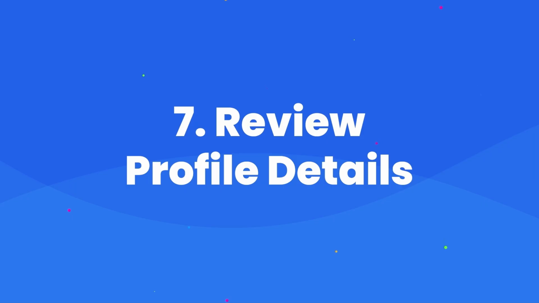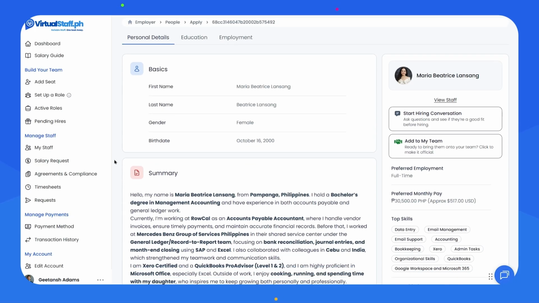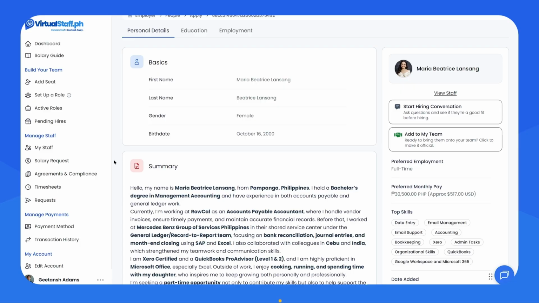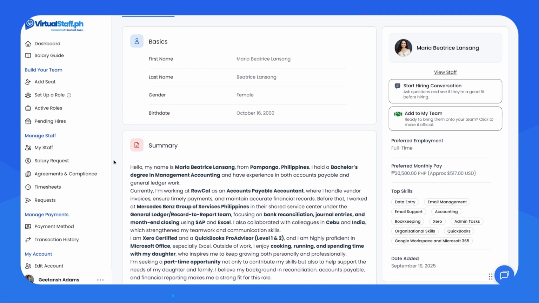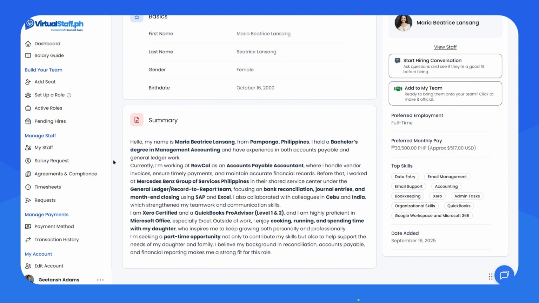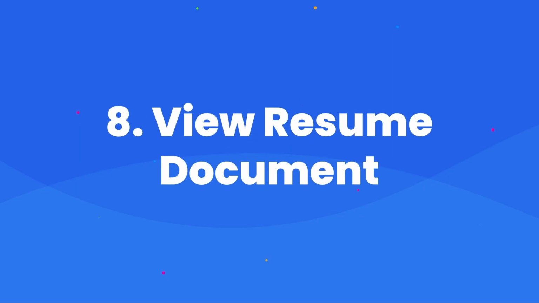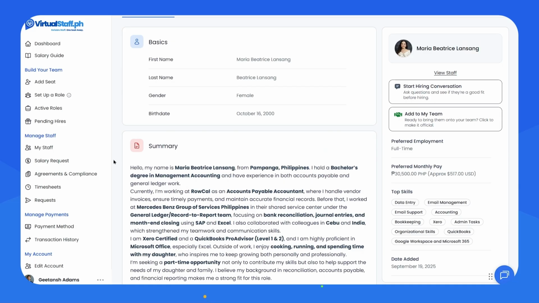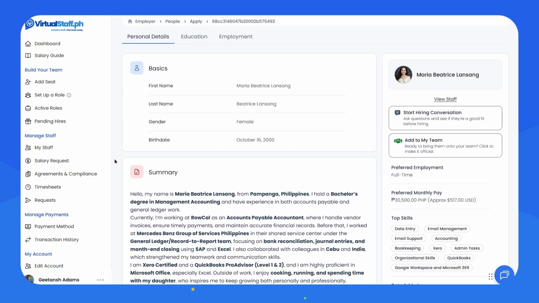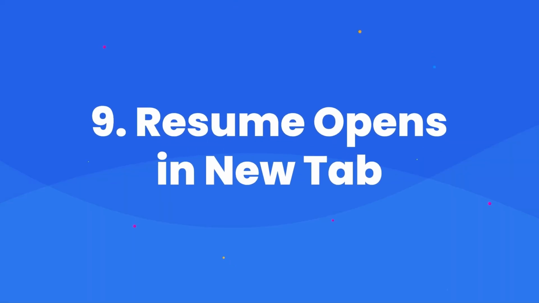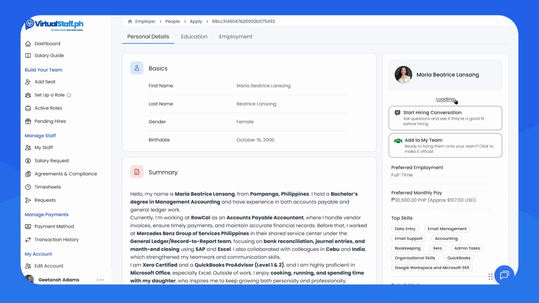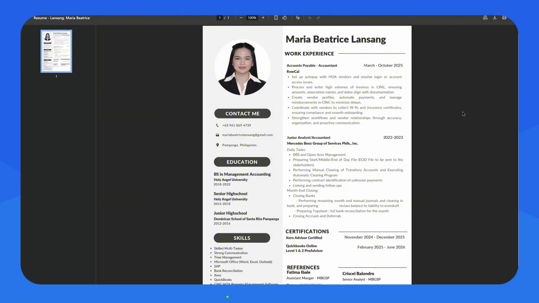7. Review profile details. On this page, you can view comprehensive information including personal details, bio and background, education, employment history, preferred monthly salary, top skills, and uploaded resume. 8. View resume document. To access their resume file, scroll below the profile image and click the View Resume button. 9. Resume opens in a new tab. The resume will open in a new tab or window, allowing you to download or read through it at your